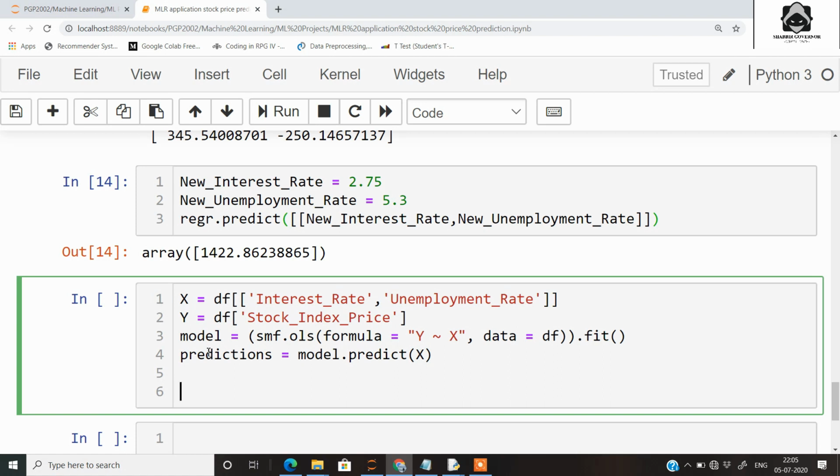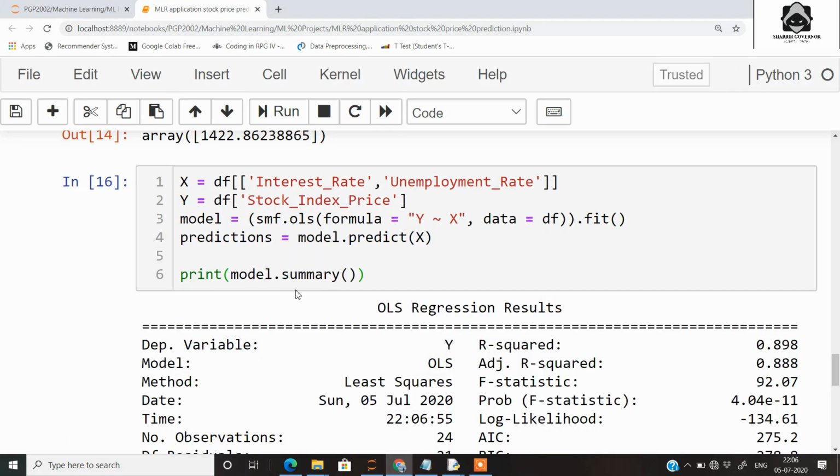For the overall summary statistics of our model, we will be using statsmodel.formula.api, which will give us the summary statistics. So again, we have just declared the features here and the target here, that is the price, and then we have created a model built on smf, that is statsmodel.formula.api, and we are using the ordinary least square method, so OLS here. Then we give the formula, that is the stock price is dependent on the features. We give the data as the df, and then we apply the fit method, and for predictions we call model dot predict. And later, if you want to see the total overall summary of the model, just write print model dot summary here and run it.